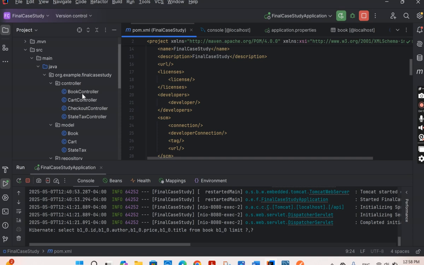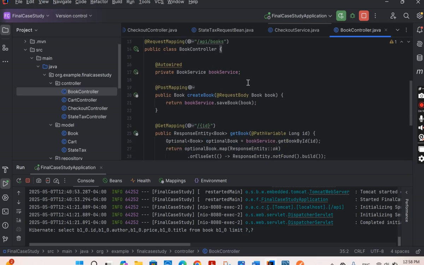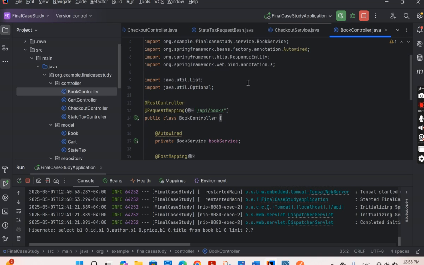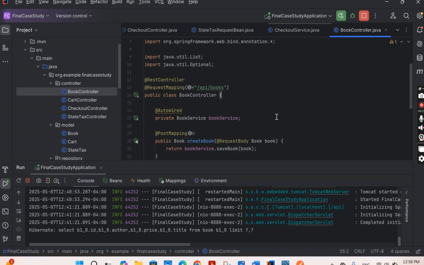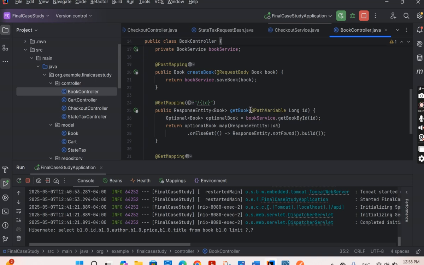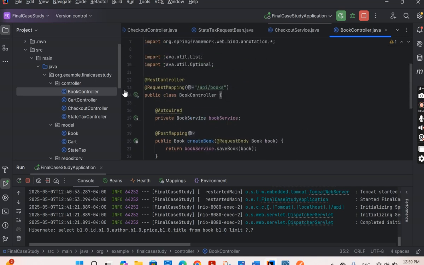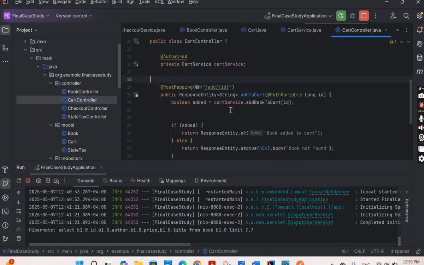And also I have a controller for book, the book controller. It's annotated with RestController, and it handles creating the books. This one is functioning well on my project. For creating a book, I use post on Postman, and get with ID, and get all books also work. On the cart controller, which is not functioning for now,